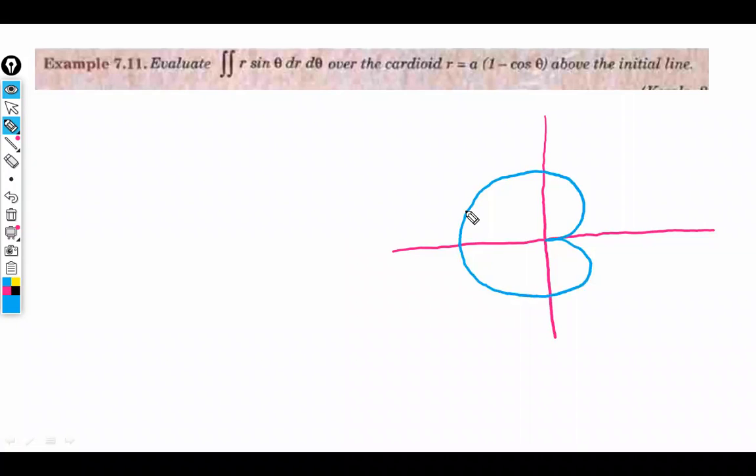So the first thing you should do is draw this rough sketch directly. We already saw this curve in the previous session. So you should be able to draw the curve r equal to a into 1 minus cos theta. If 1 plus cos theta is there, that will be a right-side cardioid. Right now it is a left-hand cardioid. Now the region given is above the initial line, meaning above the x-axis. So this is the region where we should evaluate the double integral. I hope that's clear.